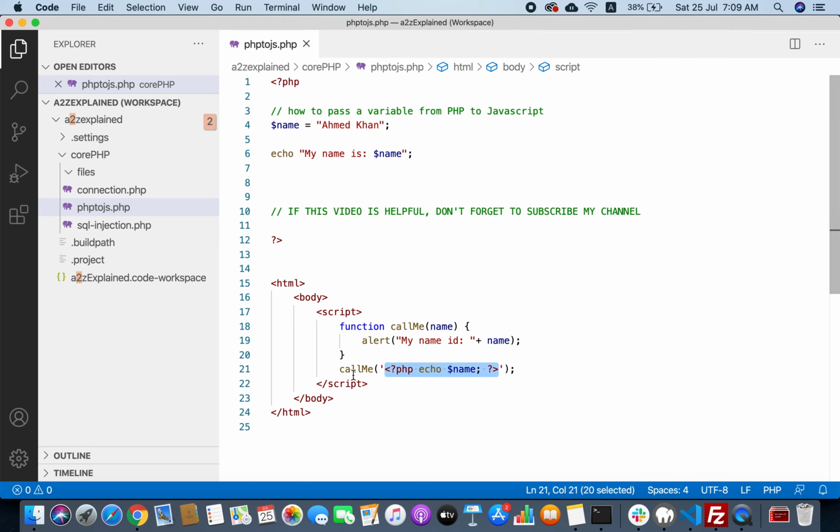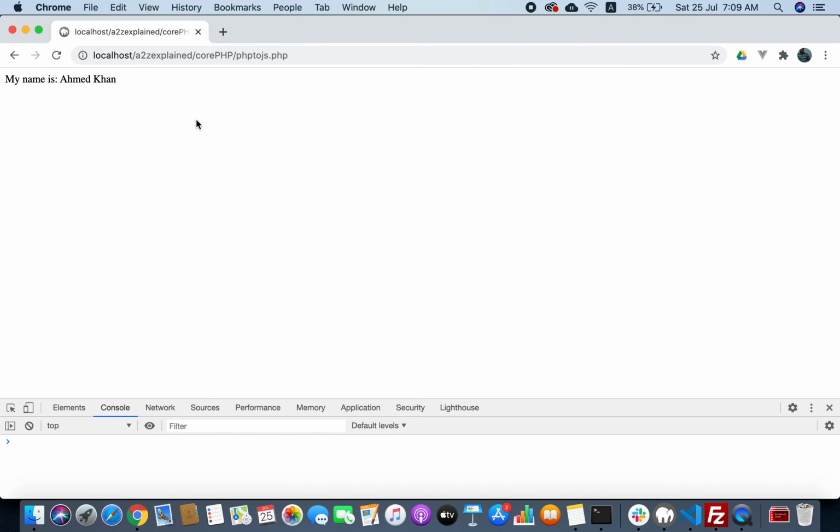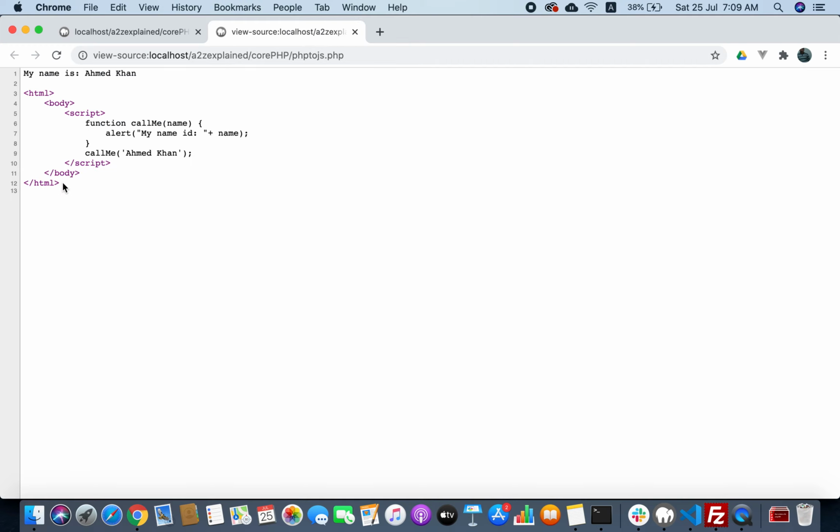Here you may still have some confusion about how the PHP variable is working. If I show you the HTML that was generated through PHP, the browser has received only this string. It has received simple HTML code. It didn't receive any PHP tags or any PHP code. So our PHP generated this line, and it simply printed the $name variable's value inside the string and removed the PHP tags. So this is how we pass variables from PHP to JavaScript.